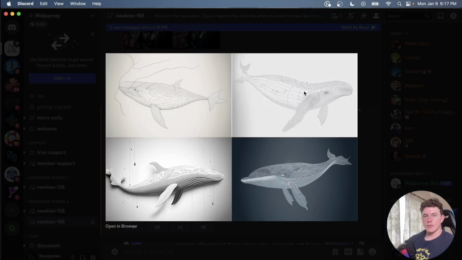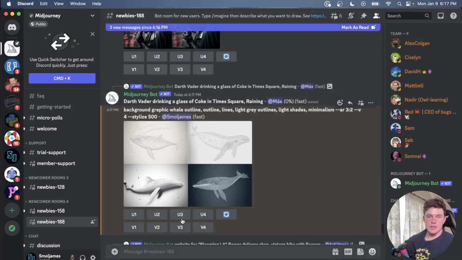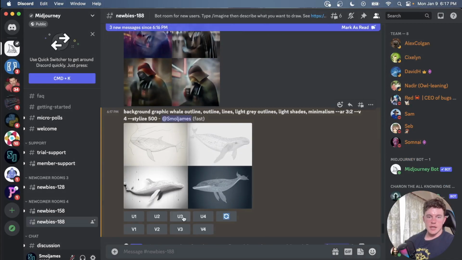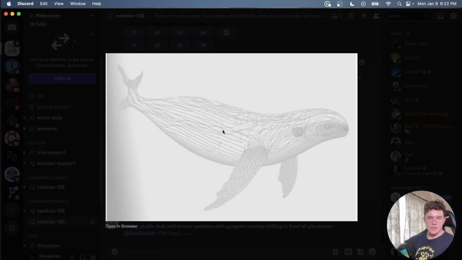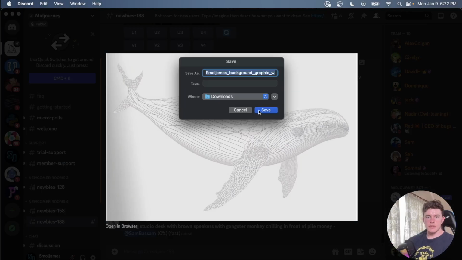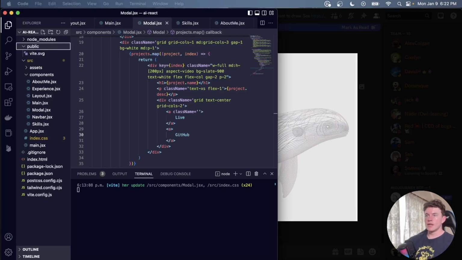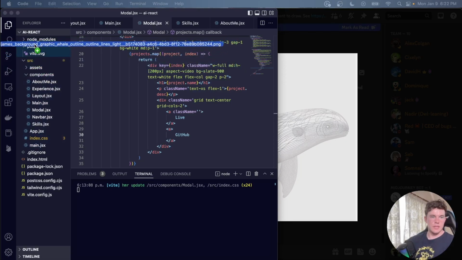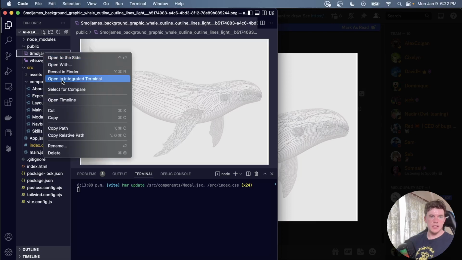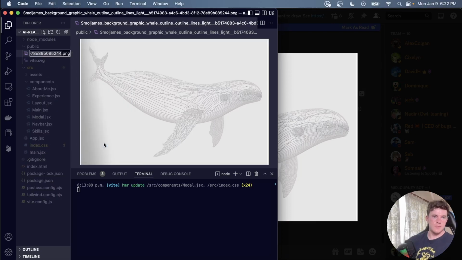I actually quite like this one in the top corner. So what I'm going to do is just get an upscaled version of the wrong one. It's actually 2, upscaled version of number 2. And so now that is all done, and we can save that image, which is pretty cool. Save it in our background, and we can then copy that image wherever you saved it into the public folder. So just here, I'm just going to rename it, get rid of everything. We'll call it